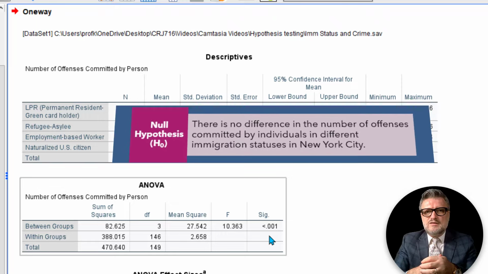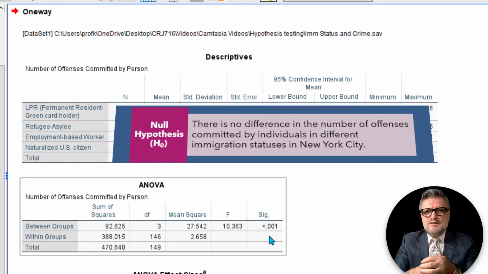So we reject that. If we reject the no difference, then we accept the alternative hypothesis, and we say that the evidence shows that there is a significant difference between the number of offenses committed by different immigration statuses. In this case, we can look further at what kind of policy implementations we would encourage and recommend, but this is what we see.